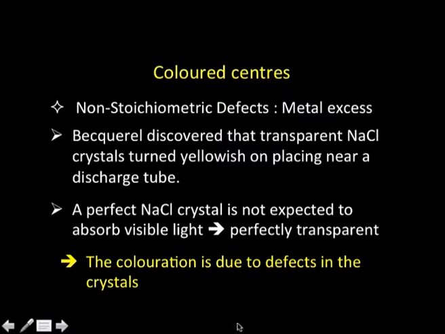That means, by placing it close to the discharge tube, some kind of defects have come into the crystal of sodium chloride, and such defects which make the crystal colored are called colored centers. Let us talk in detail about this. In case of colored centers,